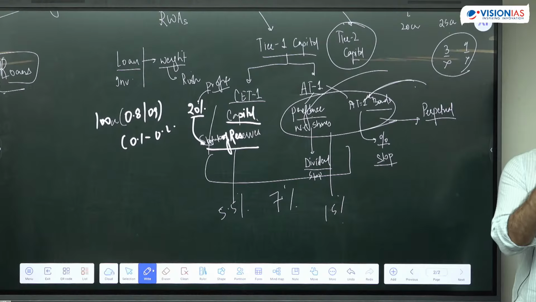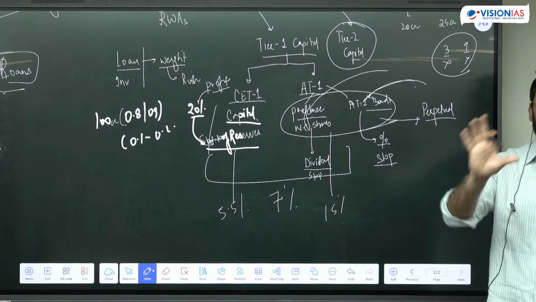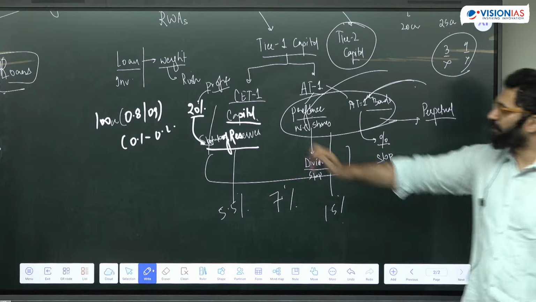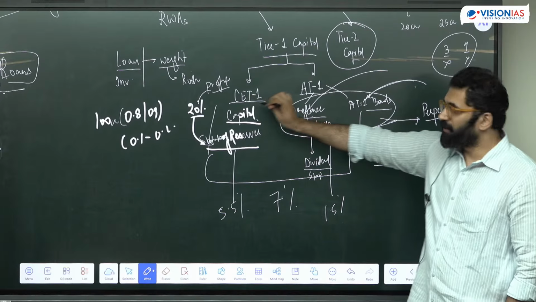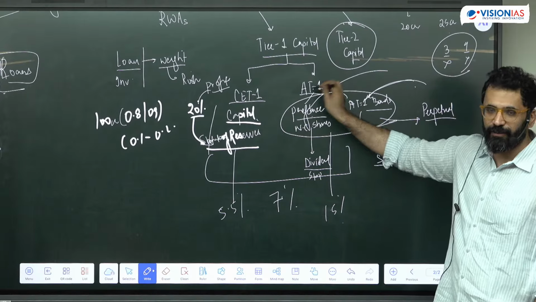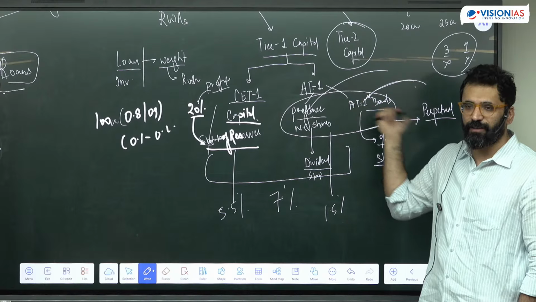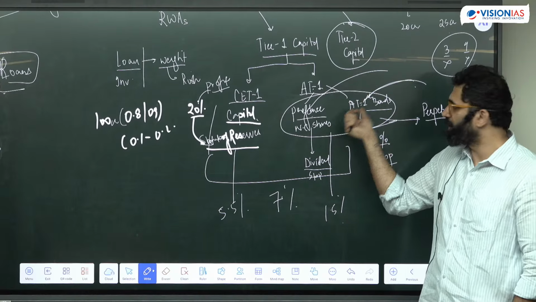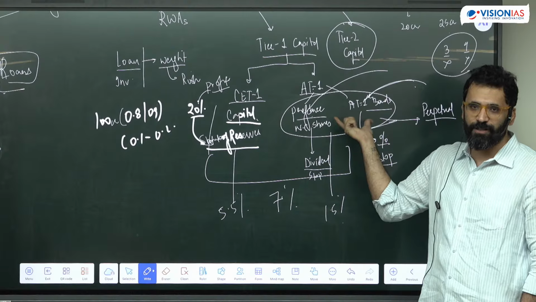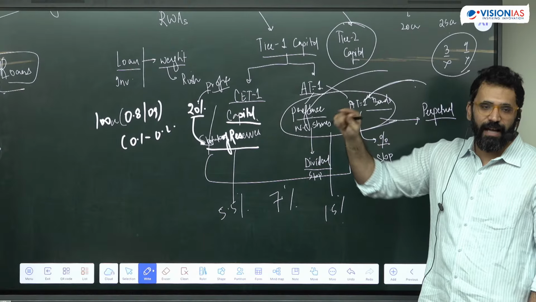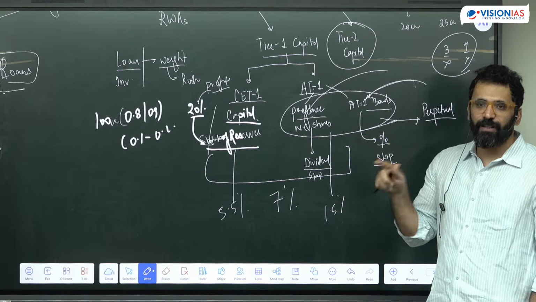AT1 bonds is an important instrument. नाम भी आ जाए तो you should know tier 1 का part होता है additional tier 1. This is called as common equity tier 1 and this is called as additional tier 1. इसमें दो ही type के instrument होते हैं. This preference shares, perpetual preference, non-cumulative and AT1. Both are perpetual instruments. No end date and I can stop my payments whenever I feel I am facing a